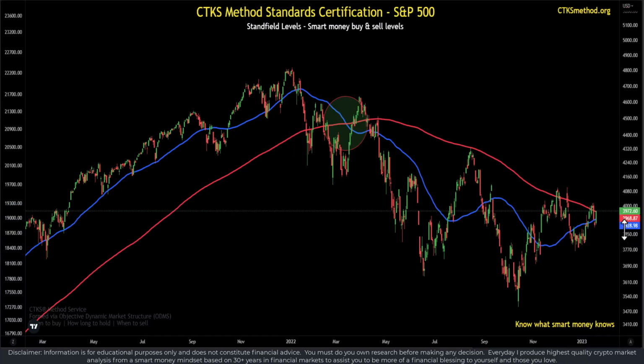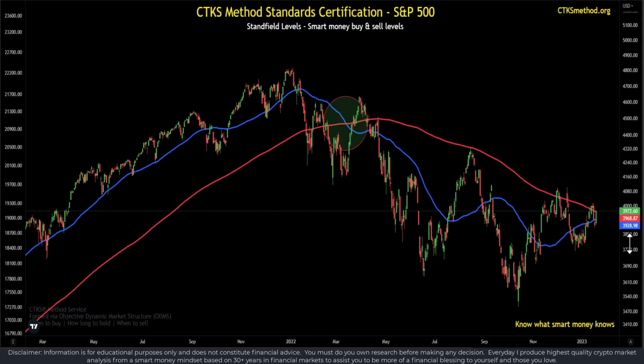So how do we read this? What we can see is that the 200-day moving average is currently 39.6887 on the S&P 500. The 50-day moving average is 39.28 and 98 cents. We can also see that the closing price of the S&P 500 is 39.72 and 60 cents. What does this actually mean? Price has actually come through the 200-day moving average, and it's also above the 50-day moving average as well.